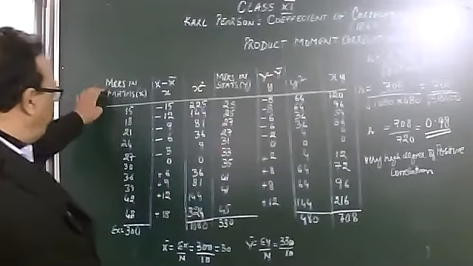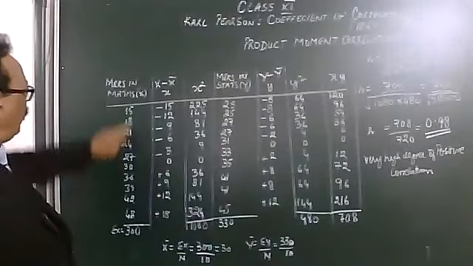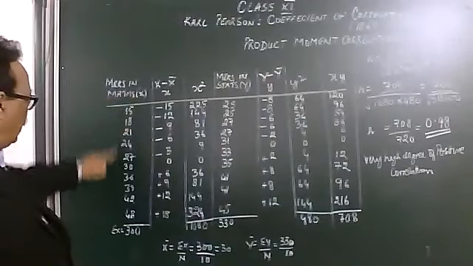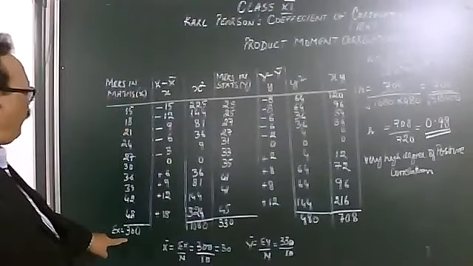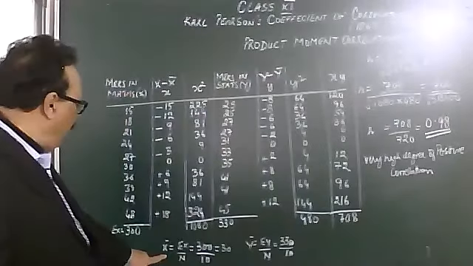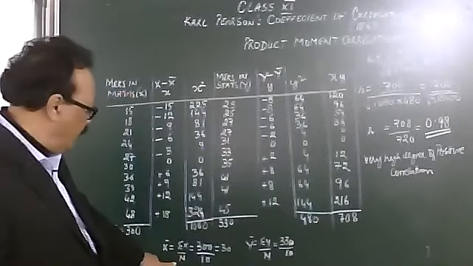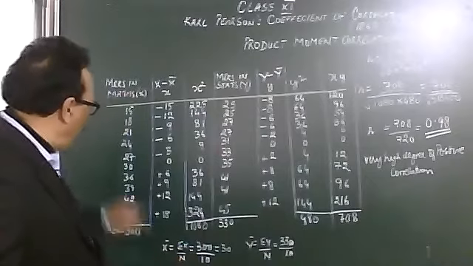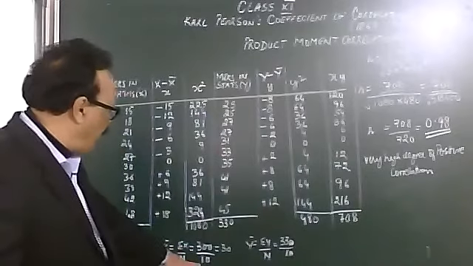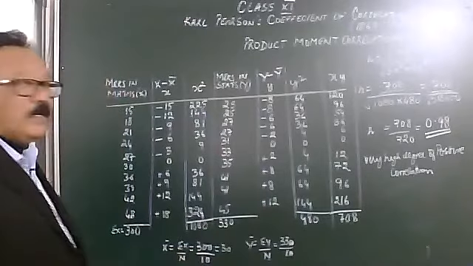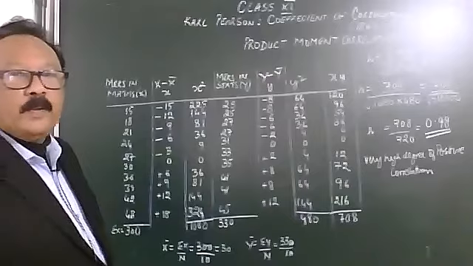So the first thing is maths, assuming it to be x, we sum them up, 300, and find the mean. Mean of x is equal to sigma x upon n. That's the formula for calculating mean. 300 upon how many variables are there? 10, so 30. 30 is the mean.